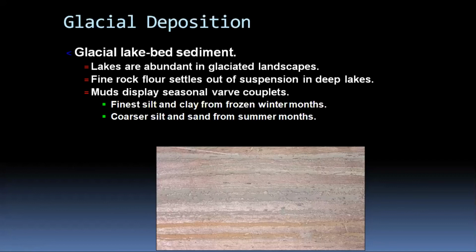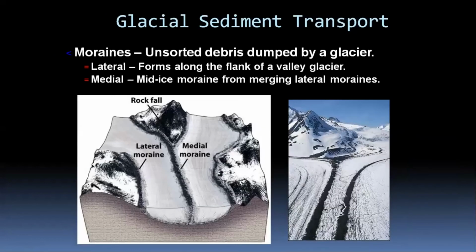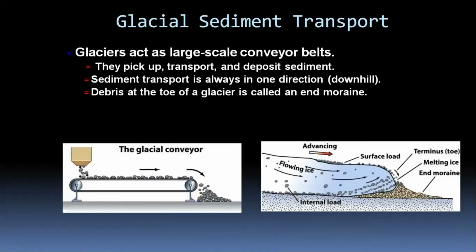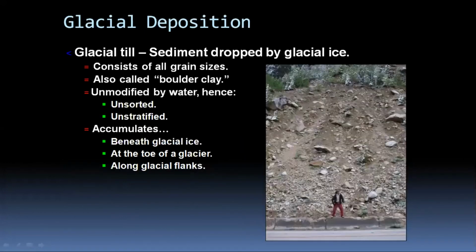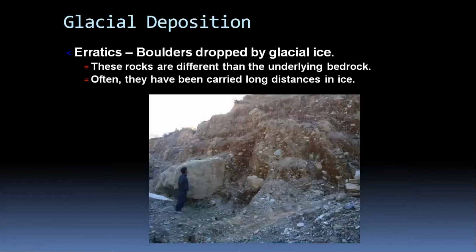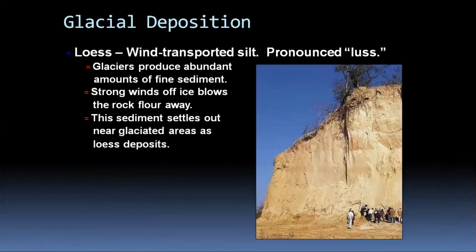Well, that's all from my side for today. We discussed glacial deposition, and we discussed some of the terms. We started with moraines. We will continue to see how different other types of moraines there are. Then we considered the glacier as a conveyor, and some of the deposits. Most of it we have already covered. I think we are left with less. We'll continue it tomorrow. Erratics, glacial moraine deposits, glacial outwash deposits, and glacial lake bed sediment. We'll continue about the remaining deposits tomorrow.